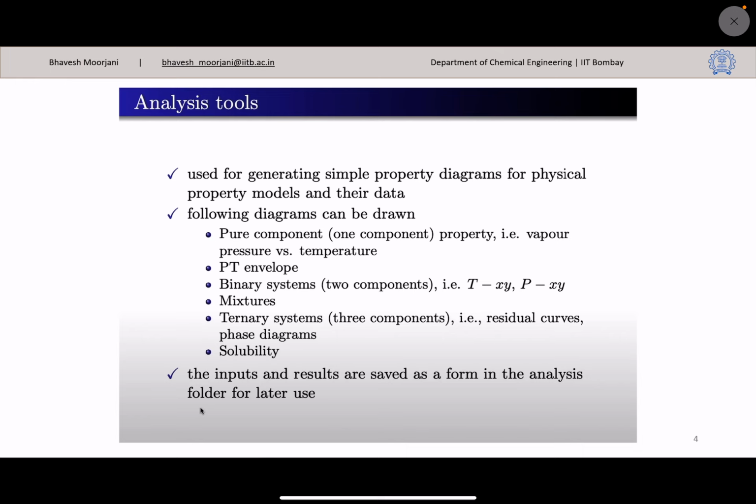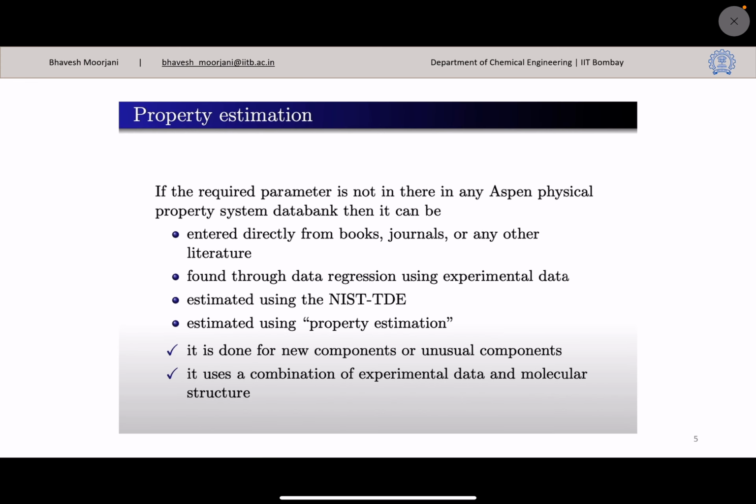Whether you use the Peng-Robinson equation of state model or an activity coefficient based model such as UNIFAC or NRTL, you will get properties of your system based on the equation. But let's say your compound does not have these UNIFAC parameters or NRTL parameters or equation of state parameters. It's an unknown compound. In that case, we might need to do some property estimation. That property estimation can be done in Aspen Plus via regression analysis, through the property estimation tool, either with NIST data. This stuff we will discuss today.